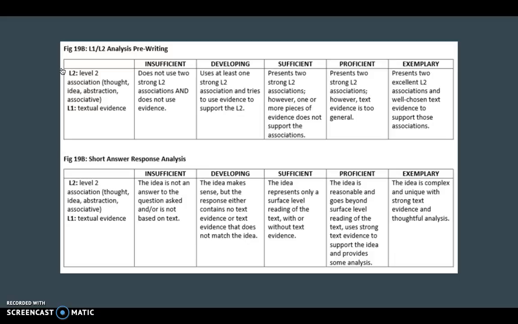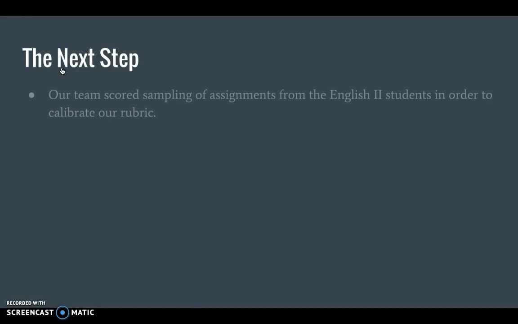So our teachers did that based on the same lesson, the same piece, and the same question, the same common formative assessment, which is a reading comprehension analysis question. And then from that point, they took that sampling of assignments from all of the English 2 students and we calibrated our rubric together. So we looked at about 10 pieces between all of us and decided what we thought was proficient, what we thought was developing, and we got everybody grouped out. And then